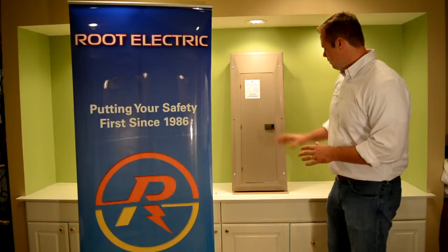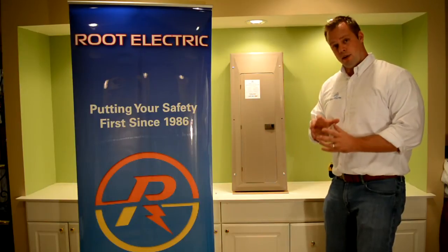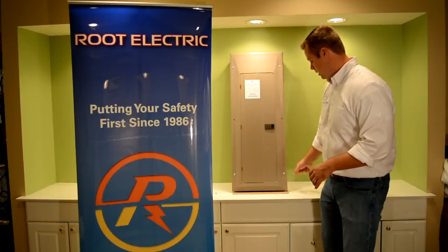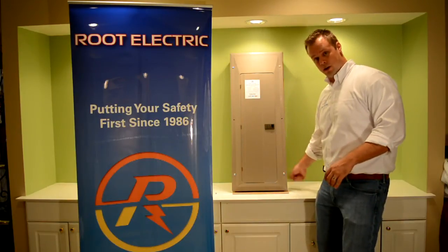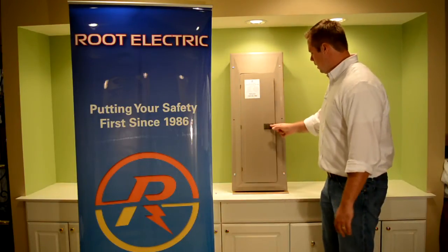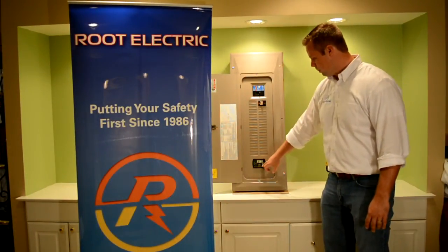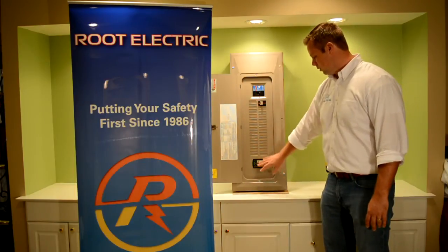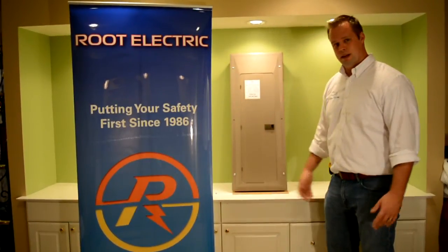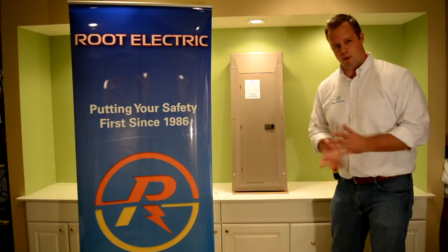Okay, so we have the panel cover reinstalled. Now, again, we were talking about the integrated whole house surge protector, and I also spoke about how, in some cases, it would have to be installed on the exterior of the panel, hanging from the side, the bottom, something like that. Usually not the top. When you open up the cover, the integrated whole house surge protector is incorporated into the panel. It's beneath all the circuit breakers right here. So that way, if you're in a finished area in a rec room, you close the door and you don't see anything. So that's one of the advantages to this particular model, and it is why we use the Cutler